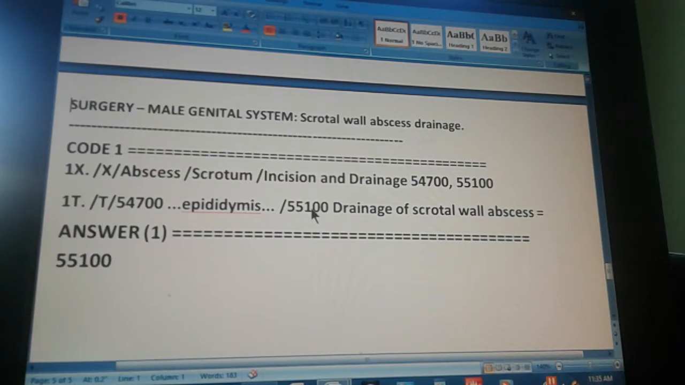Let's check the other one. What does the other one say? The other one says 55100. And what is the descriptor of that? Drainage of scrotal wall abscess. It has all the words that we need, right? Right. So this is the right one. That's why we have an equal sign at the end, which means that this is our code. And so the answer is